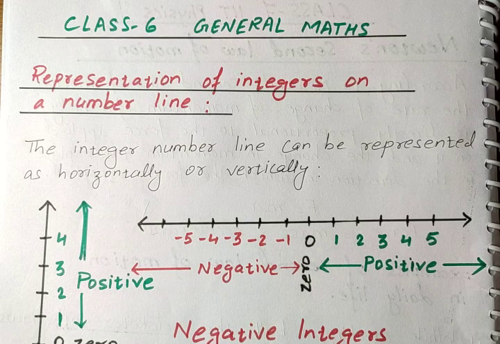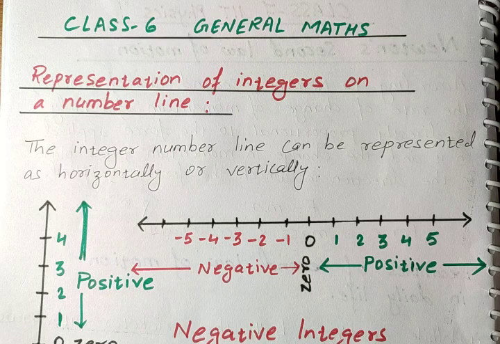Okay now children, in the previous class we discussed integers, positive integers, negative integers, and the use of positive and negative integers, and then we learned about Brahmagupta. So once again, what are integers? Integers are a set of numbers containing positive numbers, negative numbers and 0. What are integers? Integers are a set of numbers.